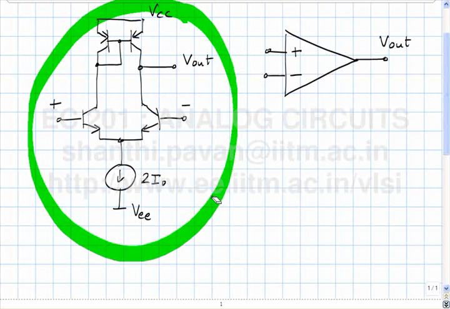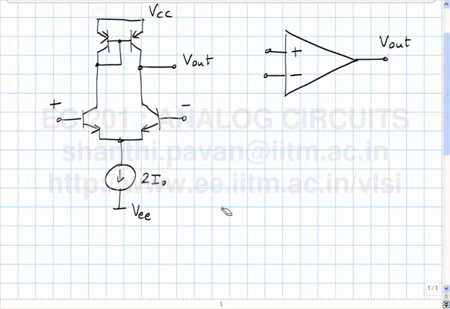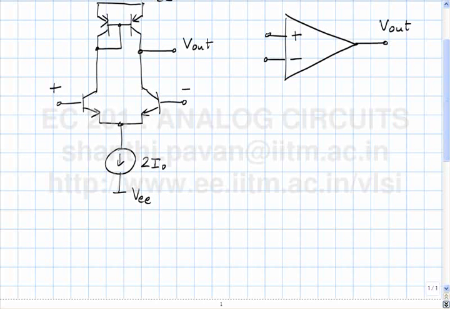And to that end, what did we say? If somebody claimed that he had a circuit which was an operational amplifier, then what you would do to figure out if what the person is claiming is true or false is to put this in all possible op-amp circuits that you can ever conceive of and make sure that those circuits work as expected. So, if they work as expected, then what is there inside the black box is indeed an operational amplifier, otherwise it isn't. So, to that end, the first thing we said was, let's try the simplest of